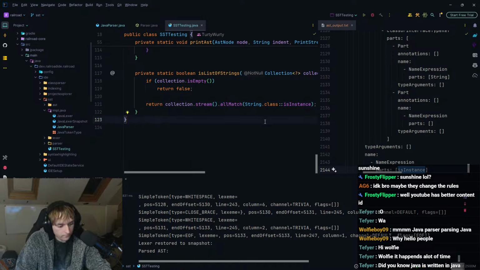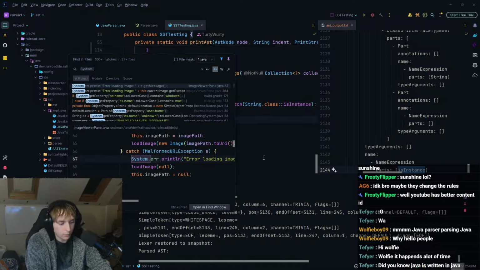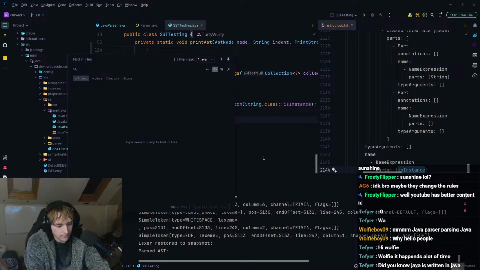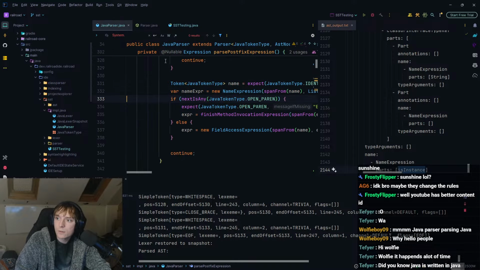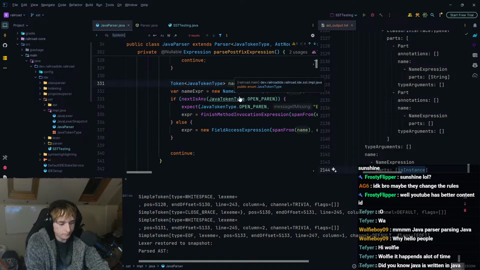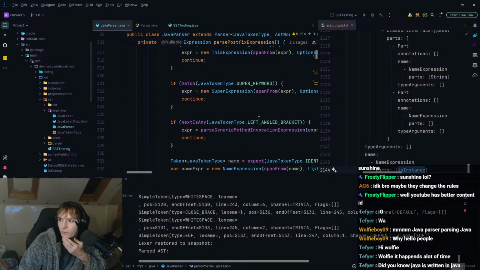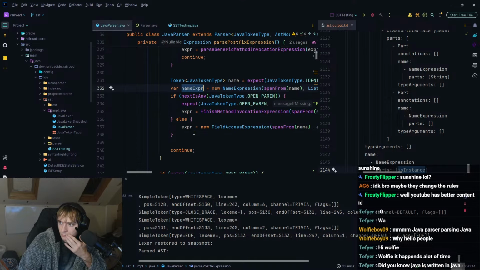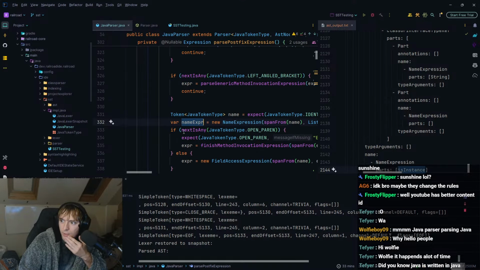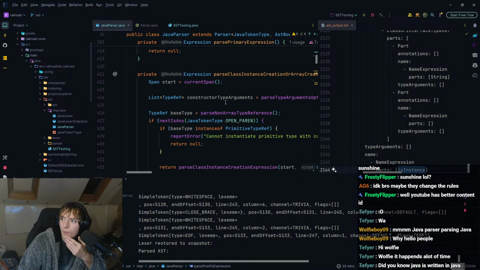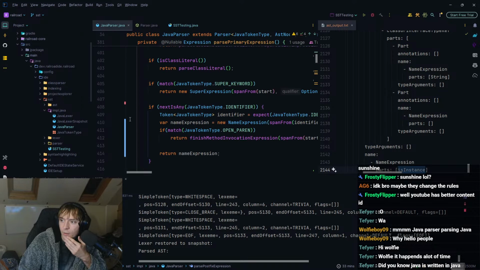It doesn't know if it terminates at that. The only way to fix that is to look for parse name, which doesn't exist because of course it doesn't exist. New name. No, I just want to find the normal name expression, which means I need to look at parse primary, which is here.